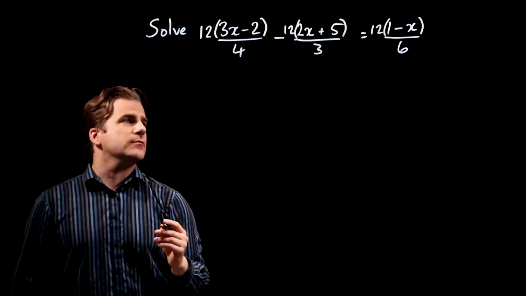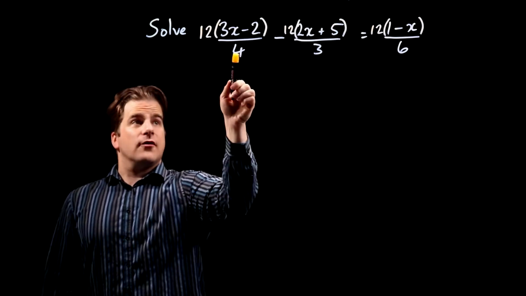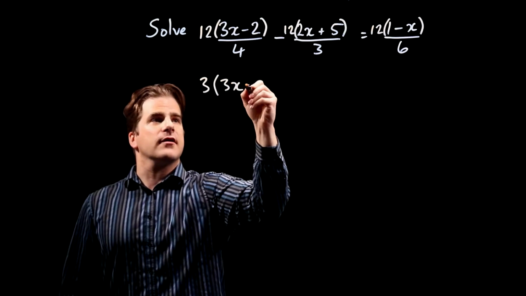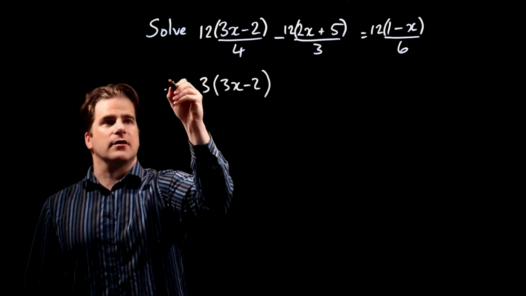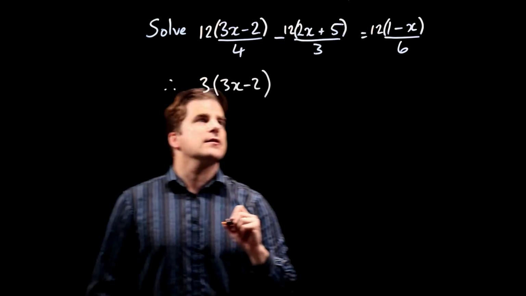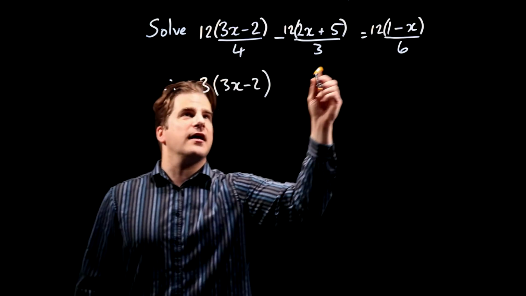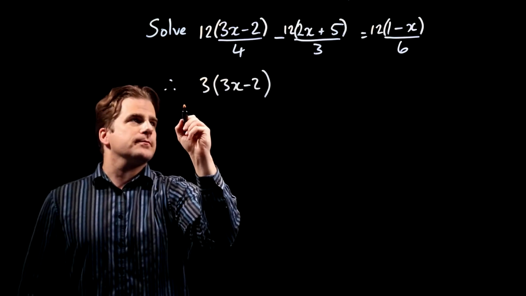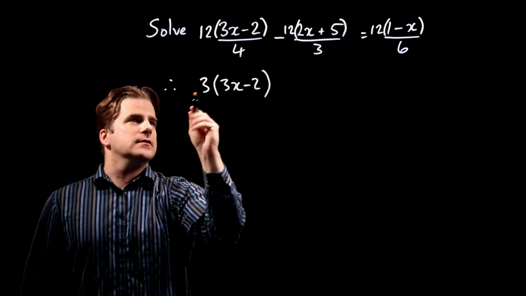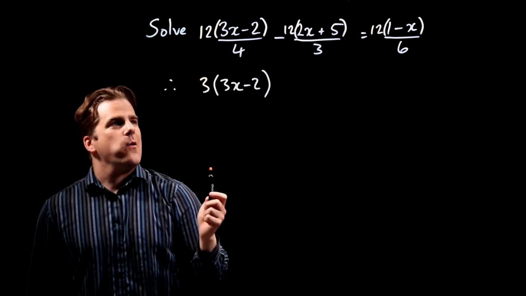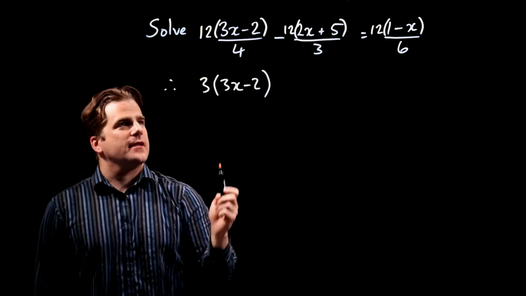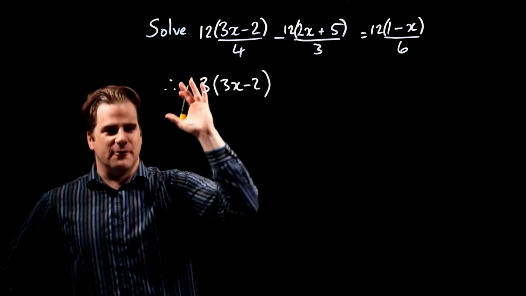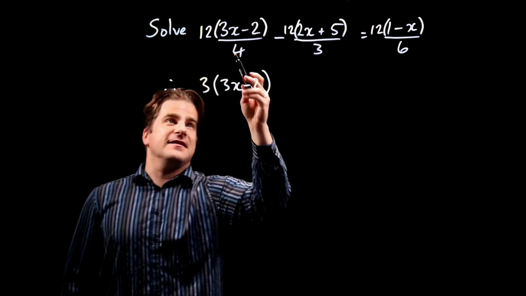Good. So, right, 12 divided by 4 is 3. So that becomes 3 multiplied by 3x minus 2, okay? You can write therefore there if you like. Don't write an equals there because there's an equals there. You shouldn't write an equals there, that's lazy, because if we'd multiplied, before we multiplied by 12,